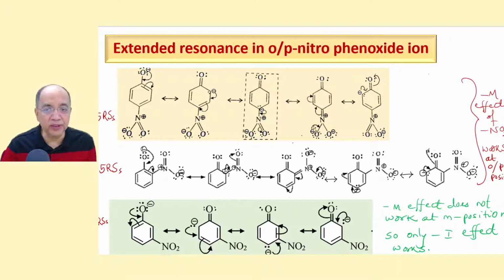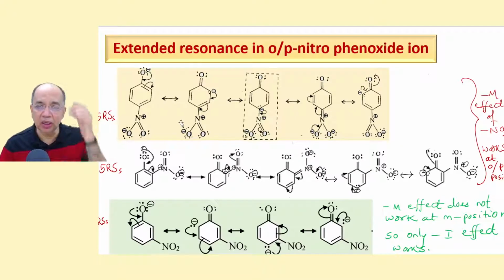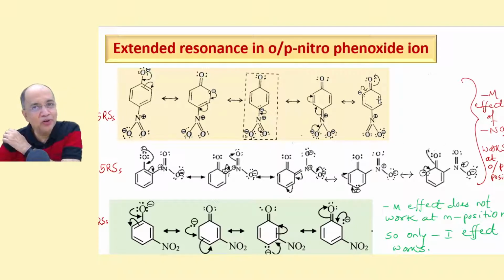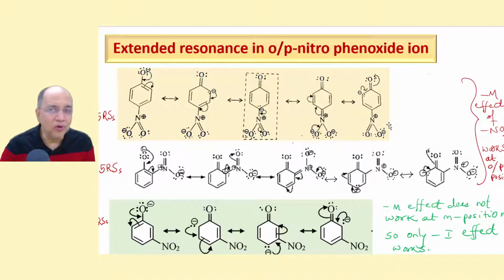Then back to the pavilion, this, and this, that will go to the original phenoxide ion, of course with inverted pi bonds, doesn't matter. The last one is not drawn because that is not the RS of the phenoxide ion, rather it is the RS of the benzene ring. So therefore I have also not shown the arrow, and if you write, it is better to write in your case. You will find a benzene ring which is already there, right?